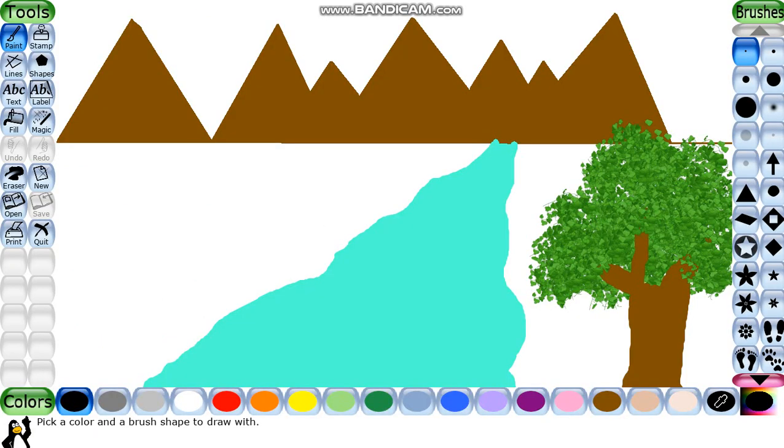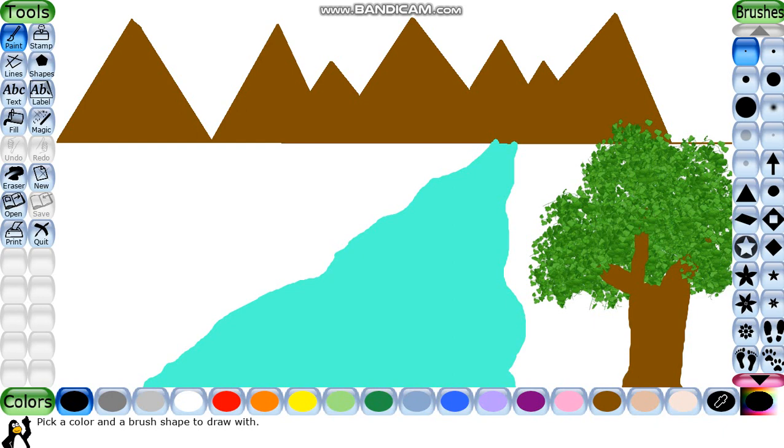So first I will show you the use of the haze brush tool. You can see the landscape I have drawn here. Click on the paint tool, and this blur type dot is called the haze brush.